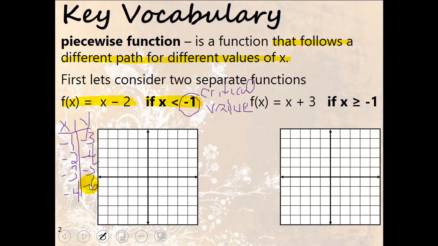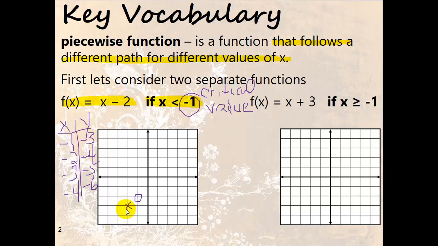So you see what's happening here? I have an open circle there because it's less than, exclusive, all right? Then I have -2, -4, and I have a dot there. I'm going to make an X. And then I have -3,